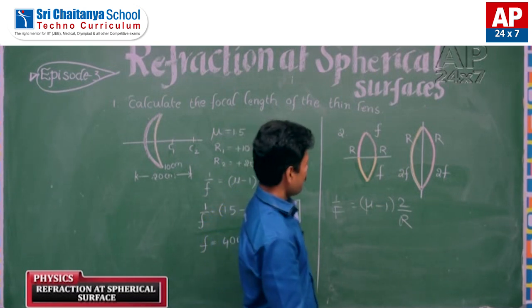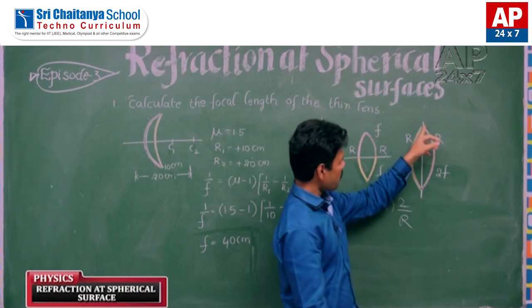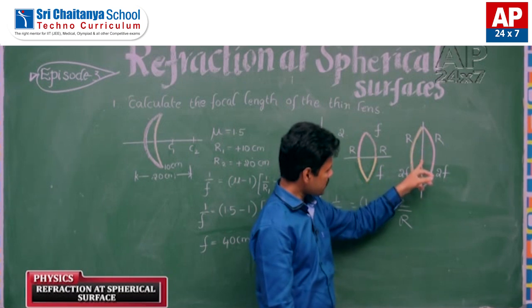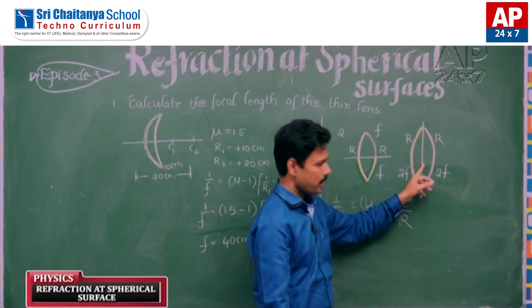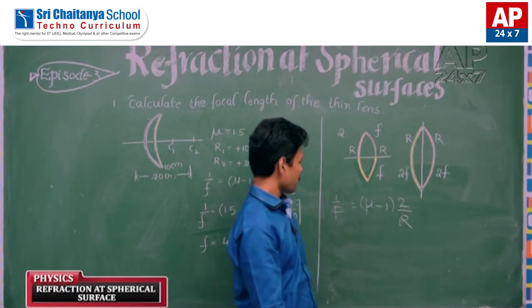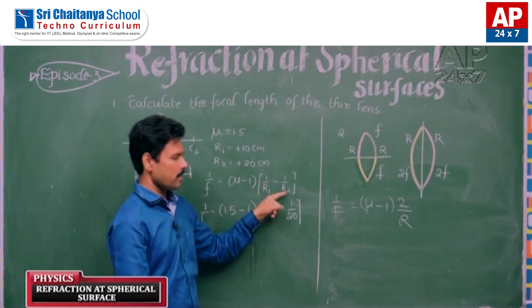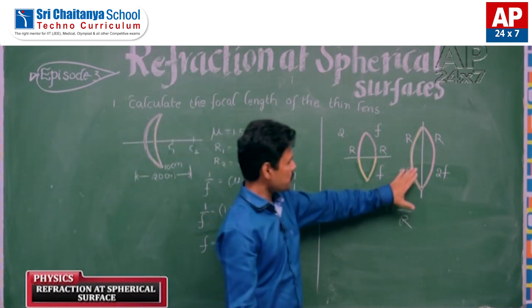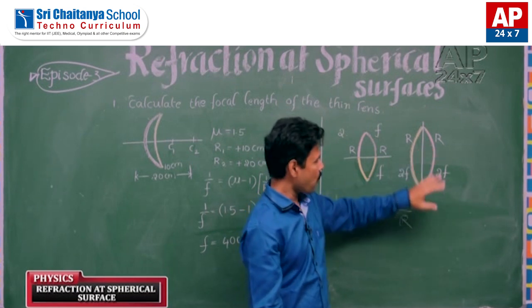Very good. Next, now cut the lens normal to the principal axis. So when we cut normal to the principal axis, now one radius of curvature becomes infinity and one is R. That means in this equation, 1 by R minus 1 by infinity. That means now for each part the focal length becomes double. Is the point clear?